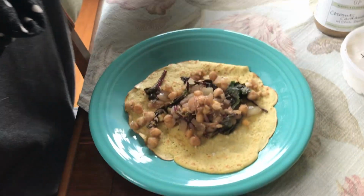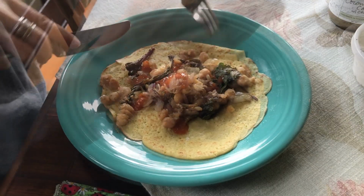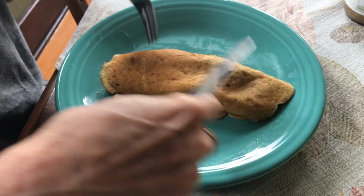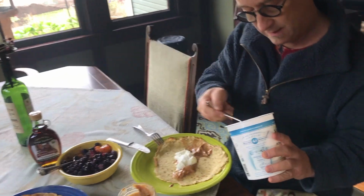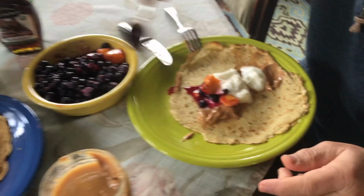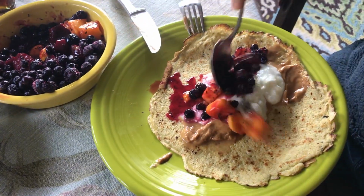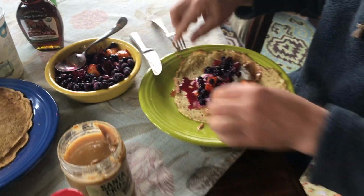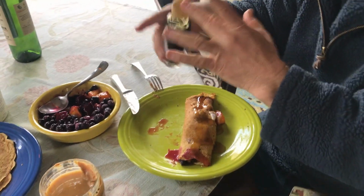So do you do the hot sauce on the inside or the outside? I think I prefer on the inside. On to the dessert crepe. I like peanut butter, a little bit of yogurt, some fruit, and then the syrup. After having done a lot of research, I've learned that I prefer it on the outside. So I'm going to roll this puppy up. There we go. Oh, that's going to be